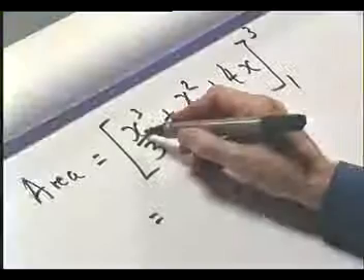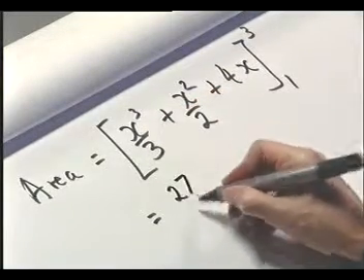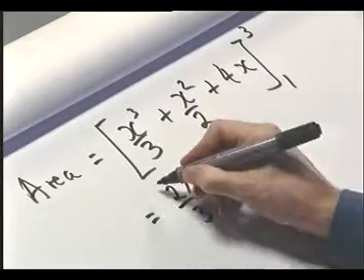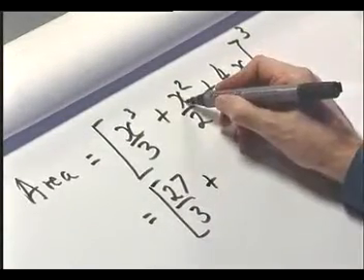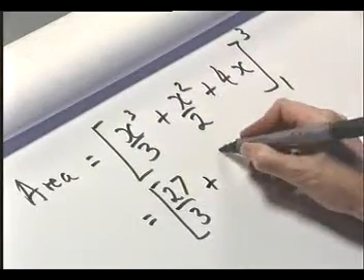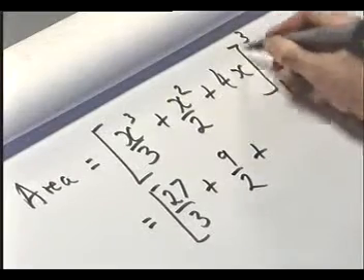So we put the upper limit in first. So when x is equal to 3, 3 cubed is equal to 27 over 3, plus x squared, when x is equal to 3, that's 9 over 2,